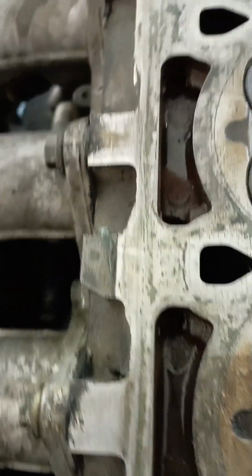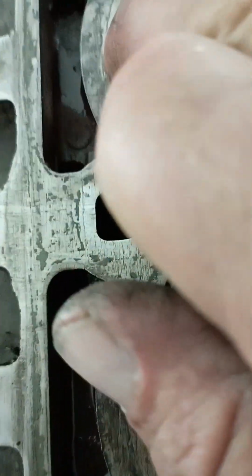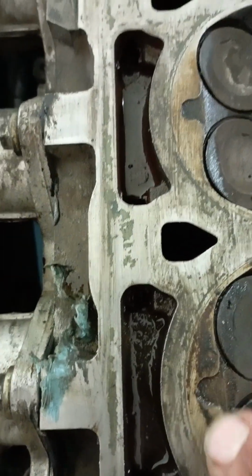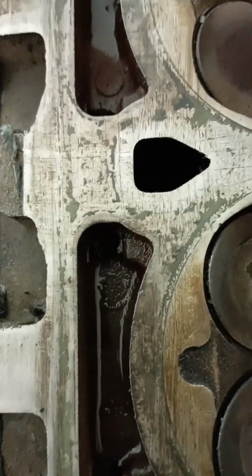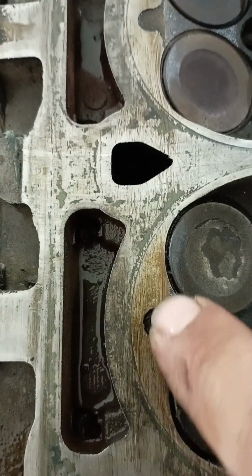Right, so what we can see on this head are the honing marks here, the machining marks here. This head has never been machined, because if it had been machined, these would not be here anymore. These are an indication. You can get away with these being flush if you're using a multi-layer steel gasket, what they call MLS. So you can see what we have on the MLS gasket